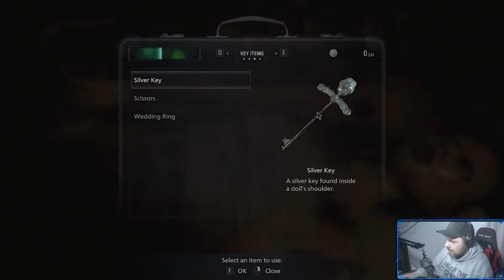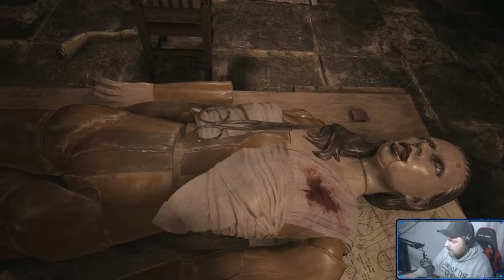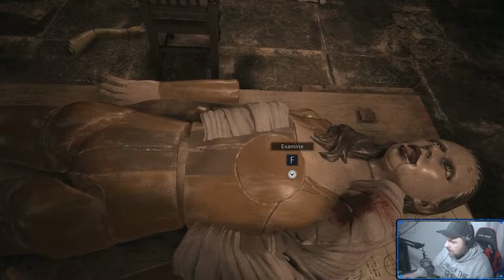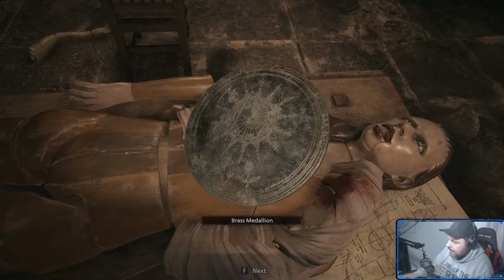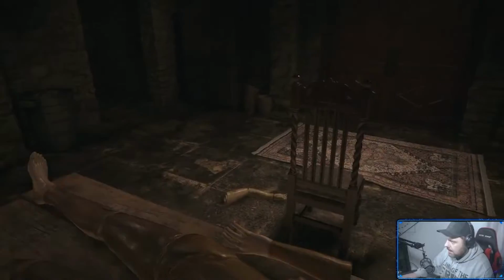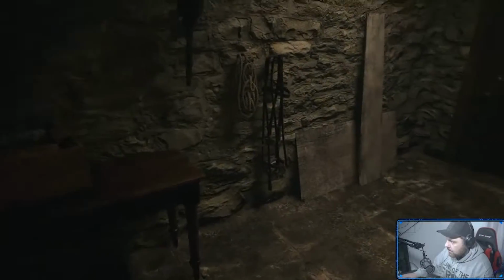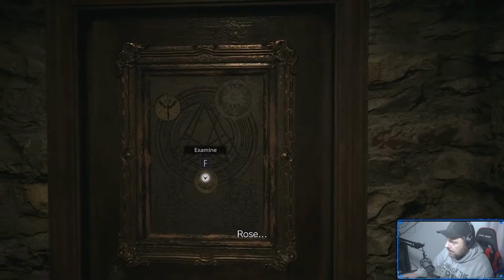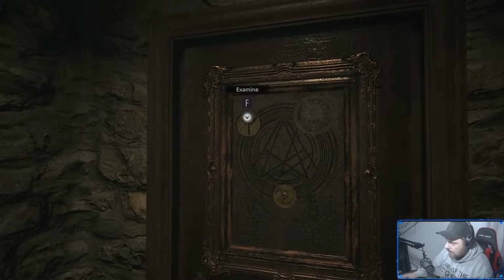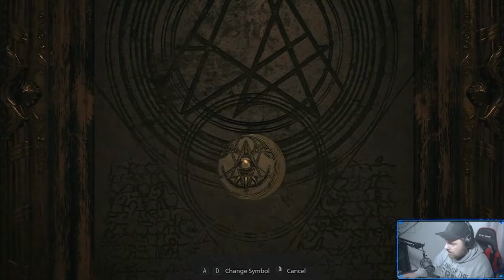And a little bit of jump scare stuff going on, but we'll use the scissors to cut open the ace bandage, because for some reason we are unable to unwind that ace bandage without the scissors. Anyway, this is going to give us our brass medallion. And we're going to head in here where I showed you earlier. We'll put the brass medallion in here. And we're going to use this to...